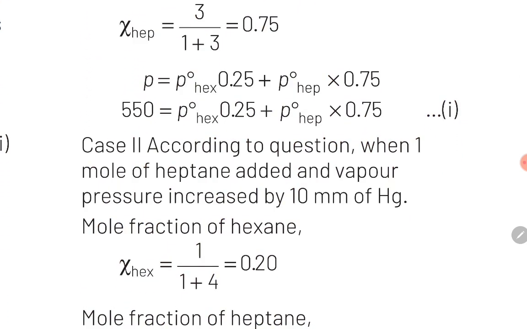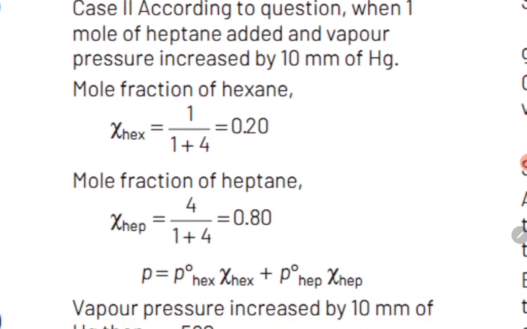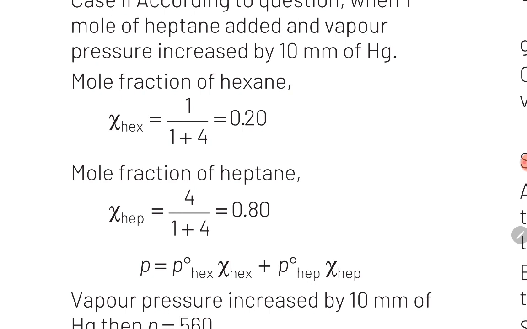Now guys, for the second case, we have added one more mole of heptane. Guys, once we add one more mole of heptane, mole fraction of hexane and heptane will change. So guys, for the second case, x of hexane will become equal to 1 divided by 1 plus 4, which comes out as 0.2. And guys, x of heptane will become equal to 4 divided by 1 plus 4, which